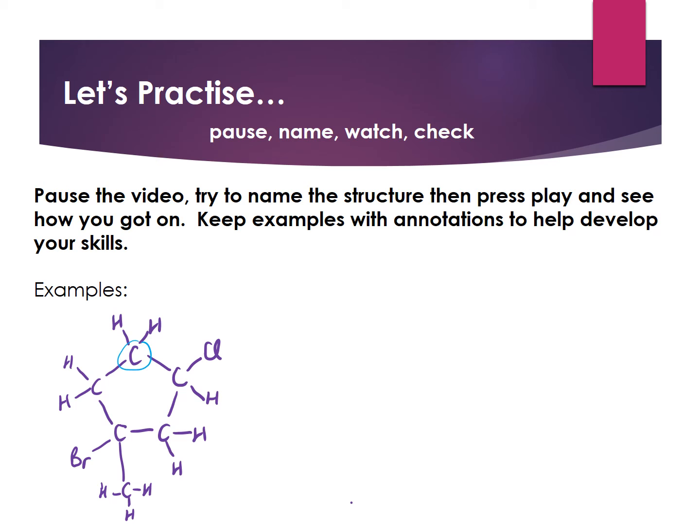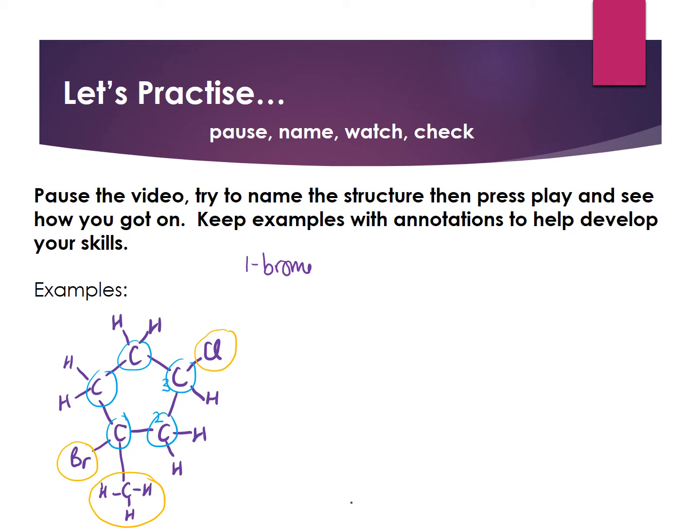So here we've got 1, 2, 3, 4, 5 carbons in the ring, and substituents that we need to think about: Br there, a CH3 here, and a Cl up here. So we've got a bromo, a methyl, and a chloro. And we need to think about the numbering here. So I think we ought to be calling this first carbon number 1. So we've got a 1, 1. Then that takes us to 2 and 3, like so, for the naming. So the correct name of this compound then,